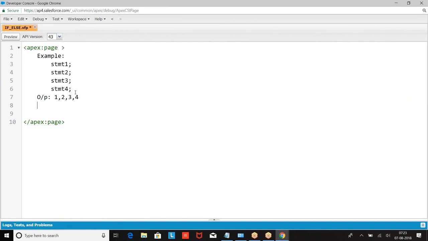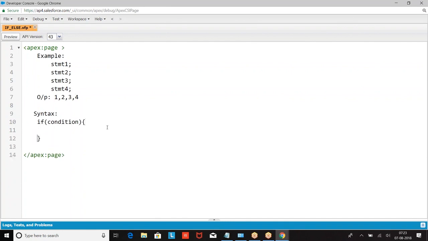In that case, look at this syntax. I have statement 1, then the if condition.